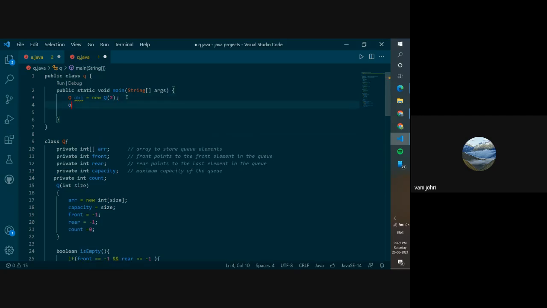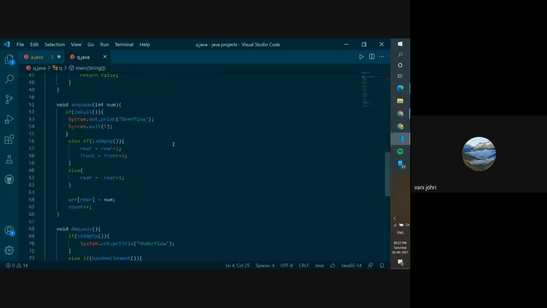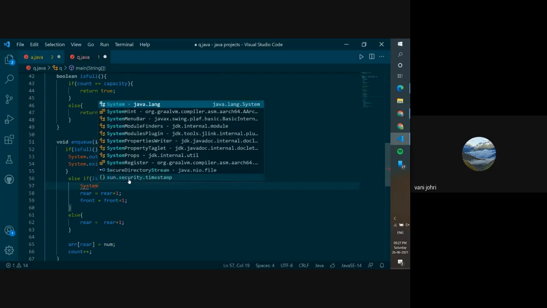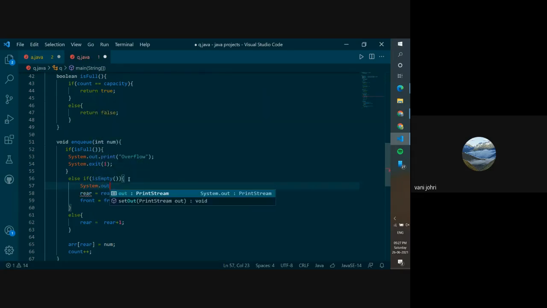Now I'm going to enter a value. So let's say in queue, and let's enter 10. And I'm going to Ctrl+S save it. And I'm doing one thing so that it's easier for you to see. When the situation of overflow happens, it will show overflow. And I'm just adding a System.out.println, and it will tell you when it is empty.